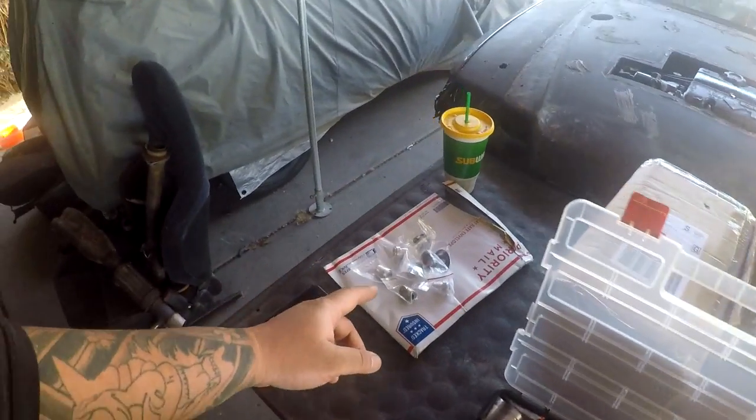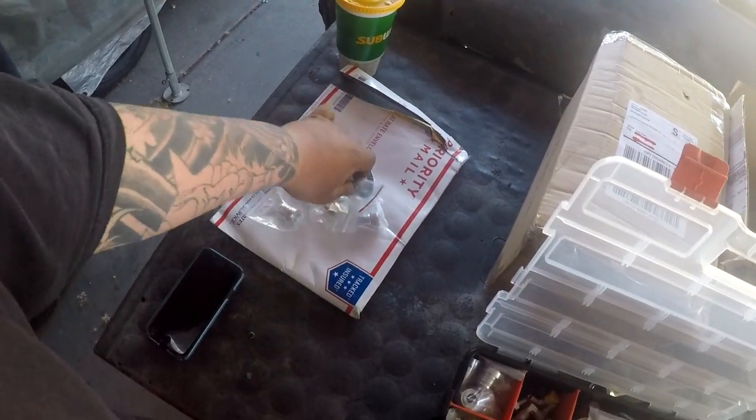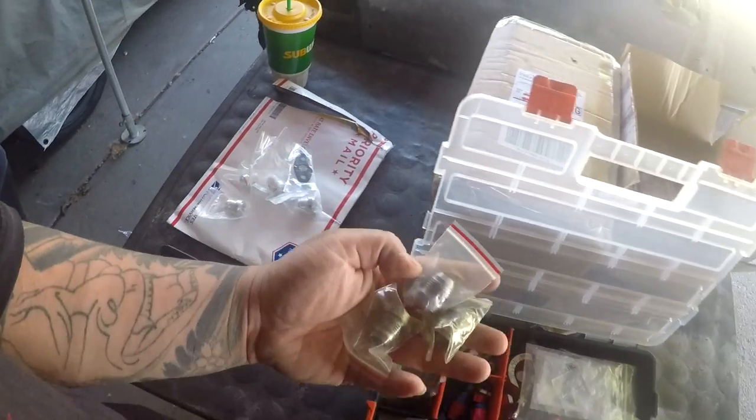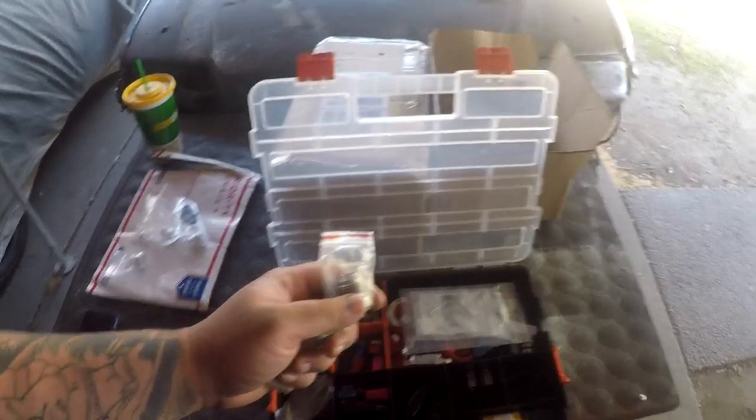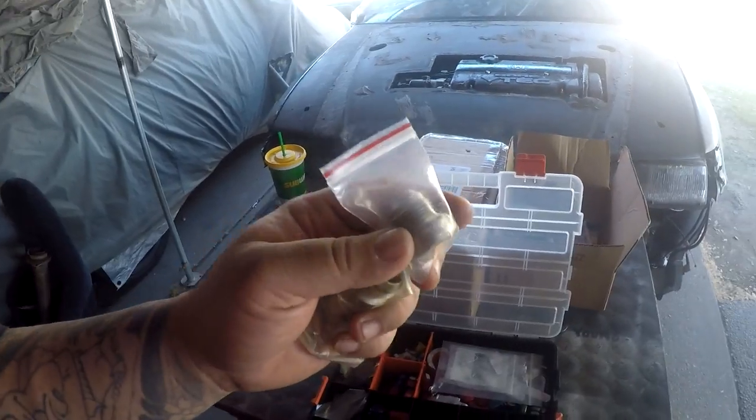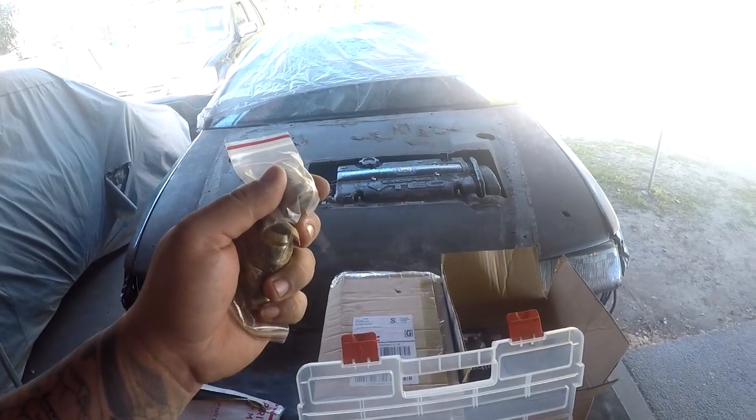I also got this package from B&R Fittings. I got 3 steel dash 10 bungs. One is going to be for the H22 in case we go turbo, and that's for you guys to determine whether I have turbo parts lying around or not. I'm not gonna turbo until we get to 20K, so I'm gonna do this on the car when I am